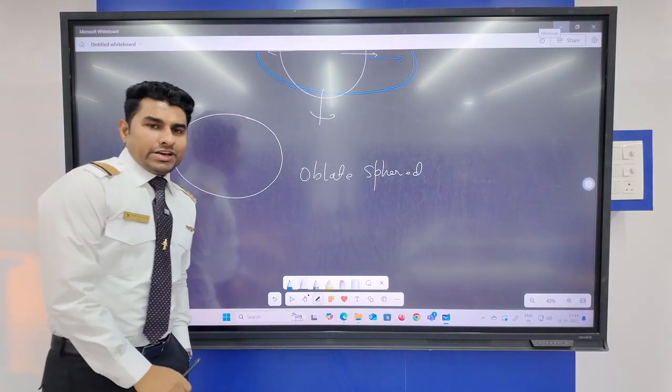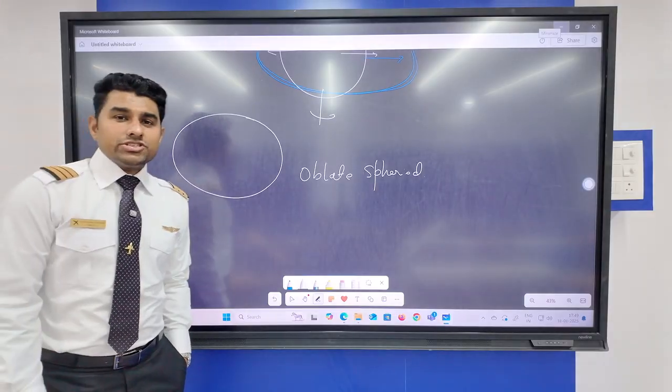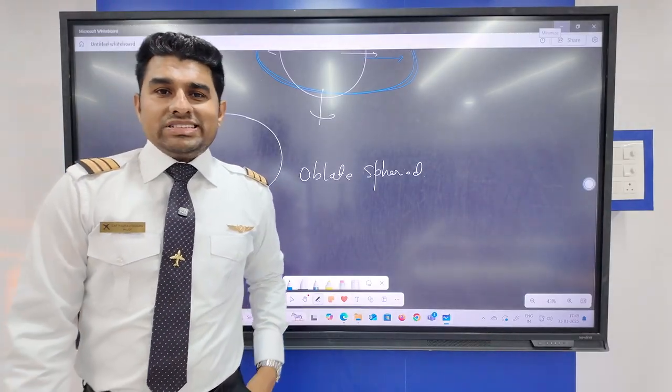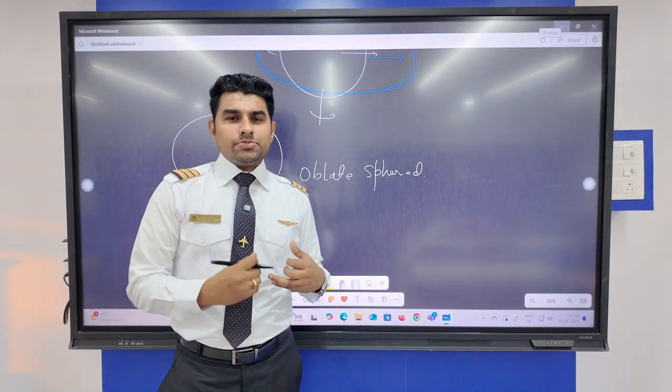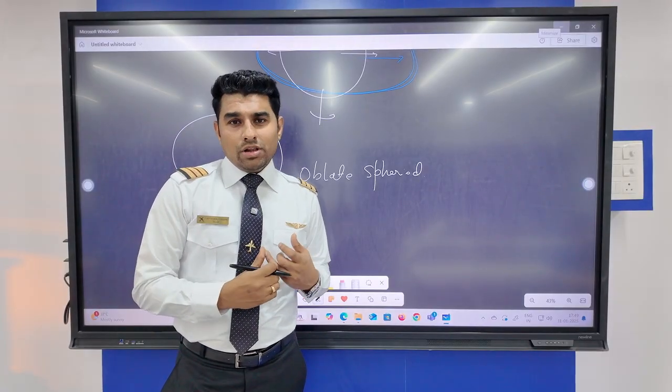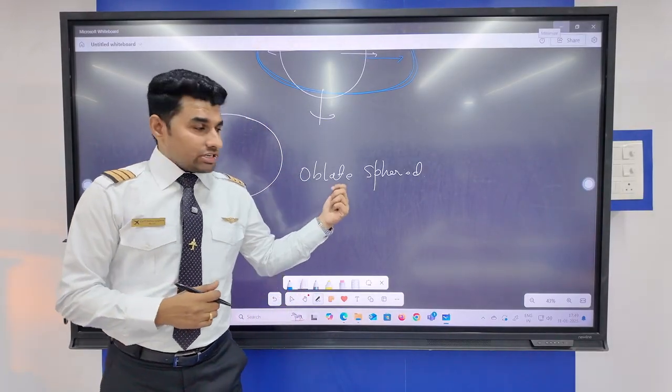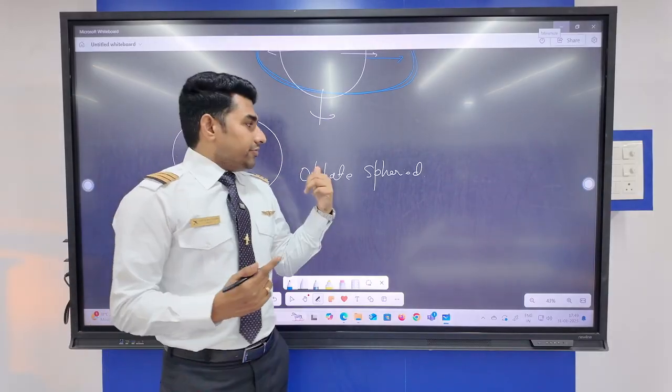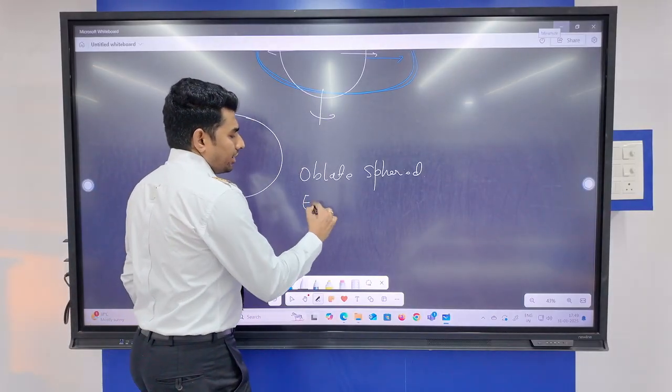Which is very important for your exam. They ask what is the shape of the Earth. If you end up selecting ellipse, spherical, or oval, try to use the correct word. That is nothing but oblate spheroid, which is also called an ellipsoid,